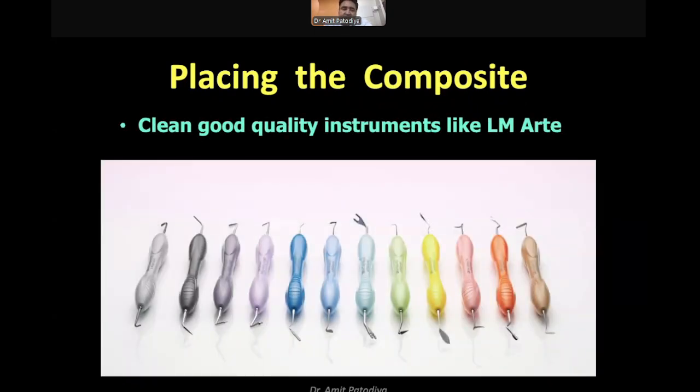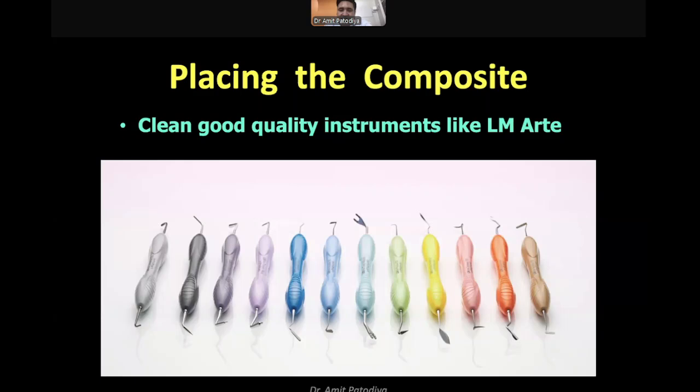People ask me, what type of composite instrument should we have? Can we use our cement carrier, what we have used in college for the same? The answer is no. Because the most common problem which we have seen over the years is that the composite pulls up. We have placed the composite and then when we are adapting it, it pulls with our instrument. And that is why we don't recommend any Tom, Dick and Harry instrument just like that to be